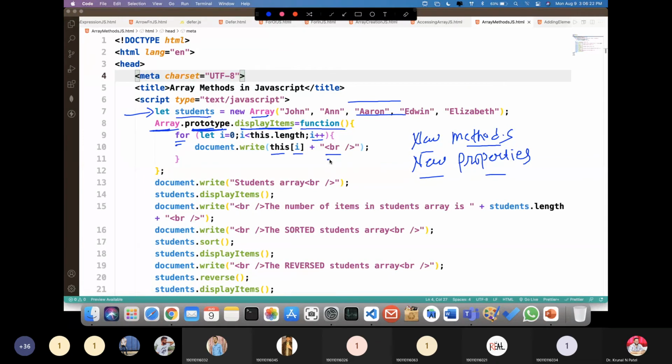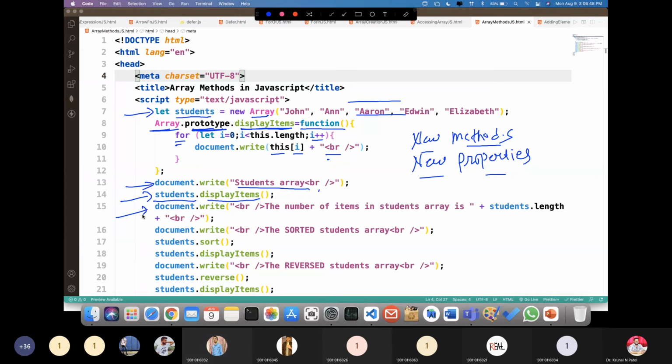Okay. Now let's go ahead. Document dot write students array. After that, we are directly calling this function, students dot display items. Are we clear? Right?